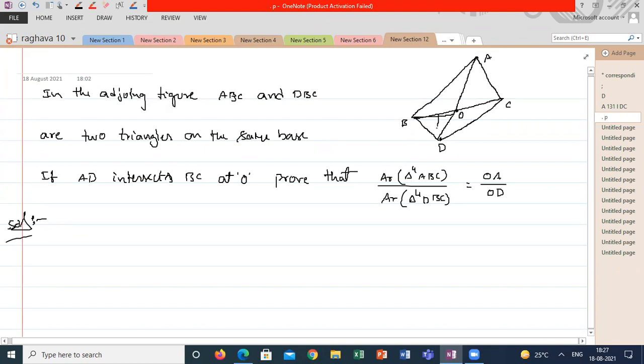Draw a perpendicular here from D to OB. Draw a perpendicular DN and draw a perpendicular here. This is DM, AM. So AM is perpendicular to BC, DN perpendicular to BC. With the help of this, you can prove